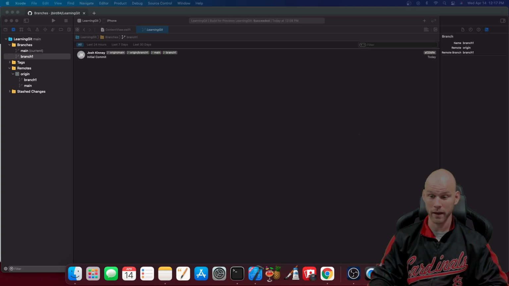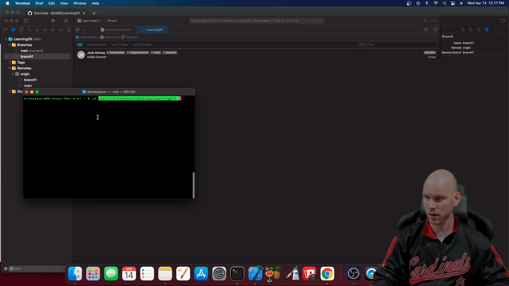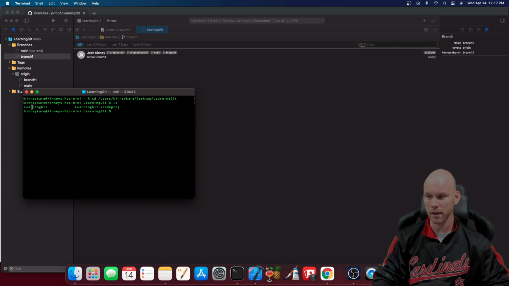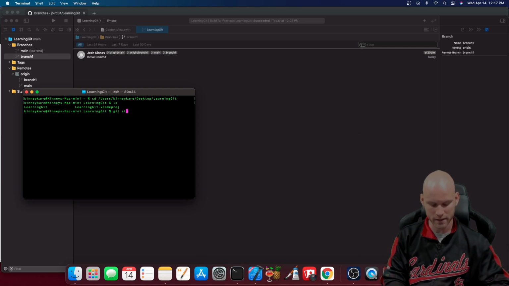The second way is to do it in terminal. So let me bring up a terminal here, and I'm going to cd into my desktop and then this learning Git folder that I have. Then I'll ls to show a list, and we'll see that I'm in here. Great. Now, if you do a git status,